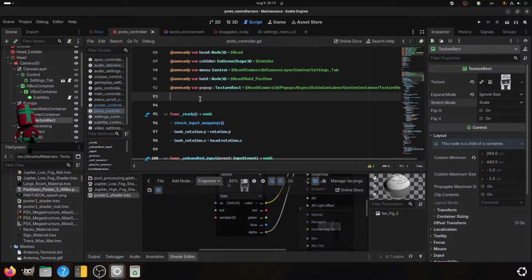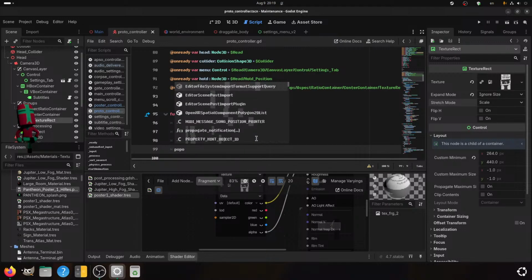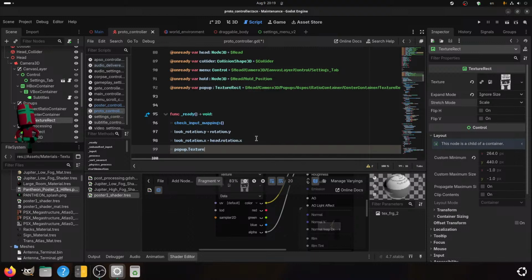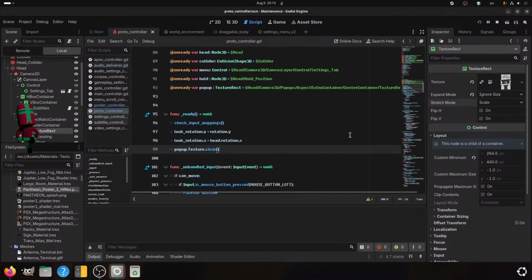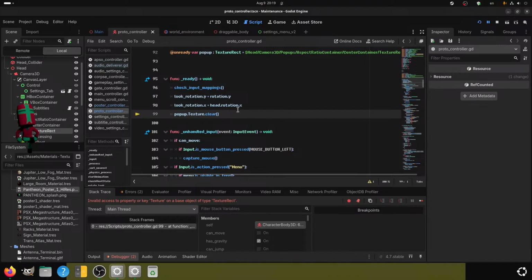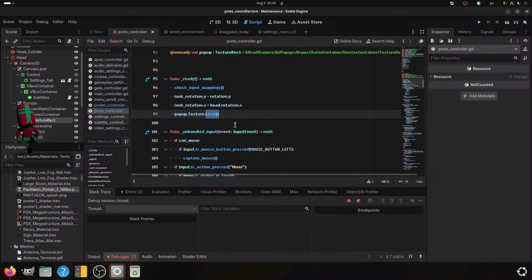Let's see, what can I do? Pop up texture equals, okay, I can just do that. Pop up texture. Can I call clear on it? I cannot. Can I instead do equals null?